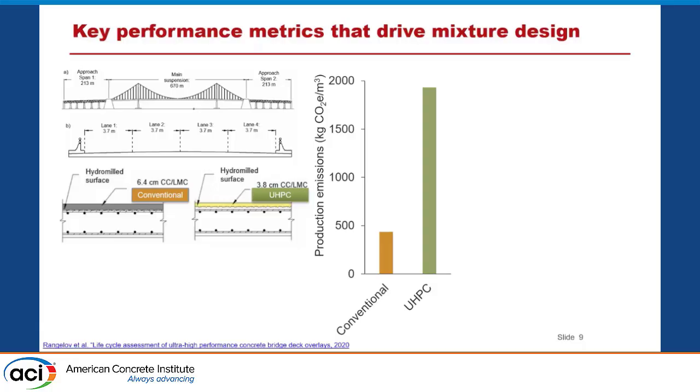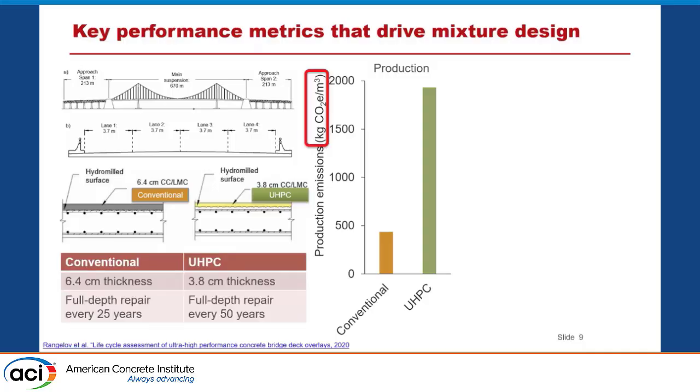So please bear in mind the y-axis. It's the production emission, and the unit here is kilogram CO2 per cubic meter of materials. And obviously, for conventional concrete, we use less cement, we use more aggregates, a larger maximum aggregate size. UHPC per cubic meter has almost 4 times larger GHG emissions volume-wise. But there is a caveat here. EPDs do not include this important design information. This is where we need to compare the options based on designs.